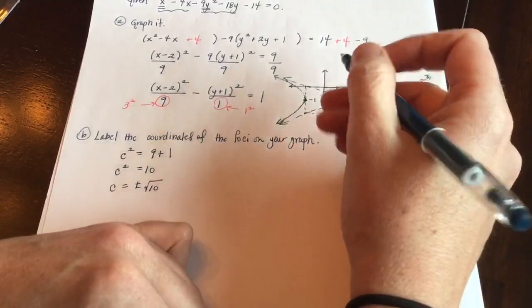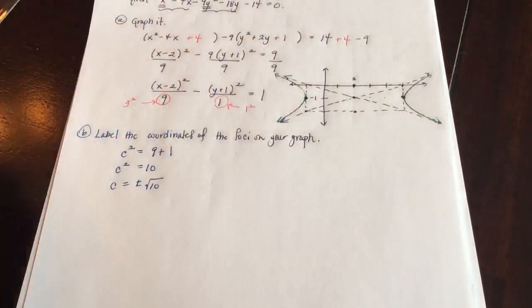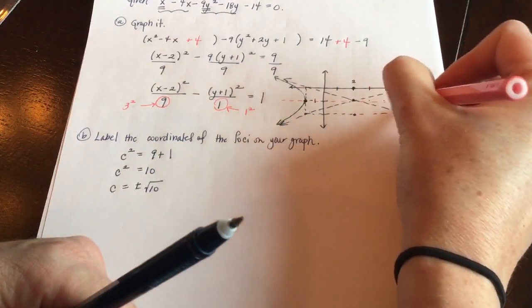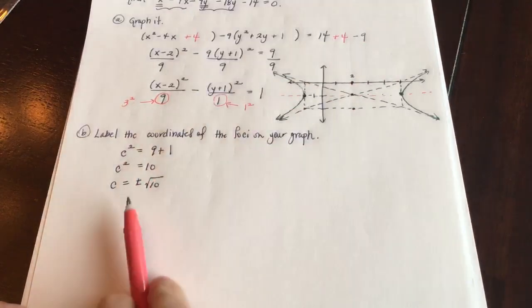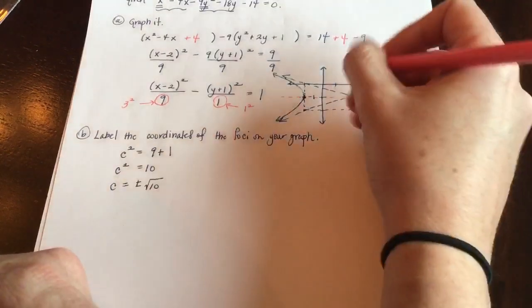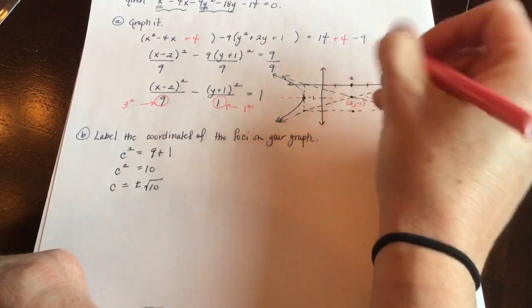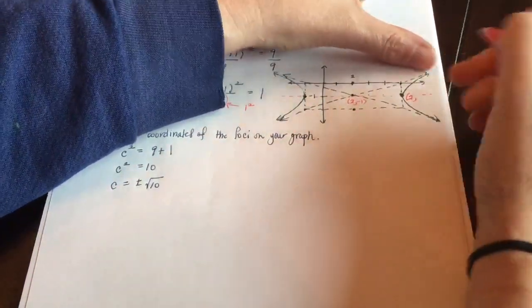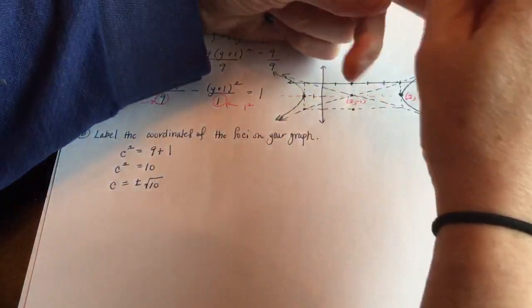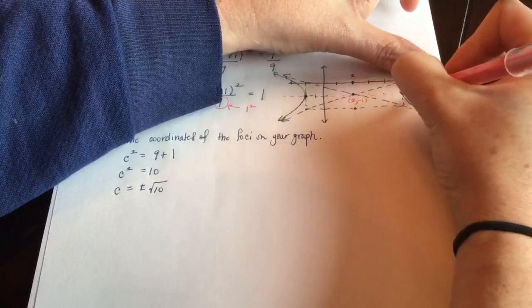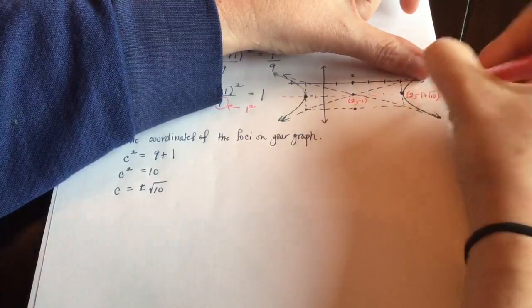Looking at your picture, remember that your foci are always located on your transverse axis, so that would be somewhere along here. Okay. Also remember what c means. c is the distance from your center out to your focus. So here's your center at (2, -1). So if you go to the right, square root of 10,